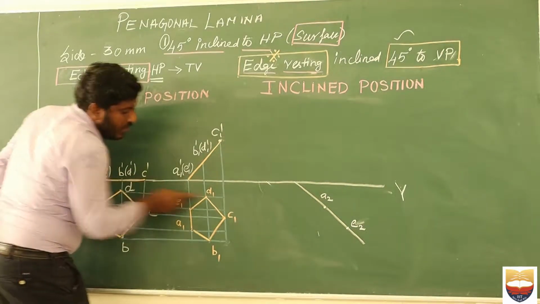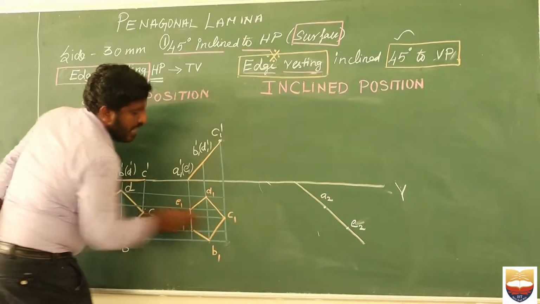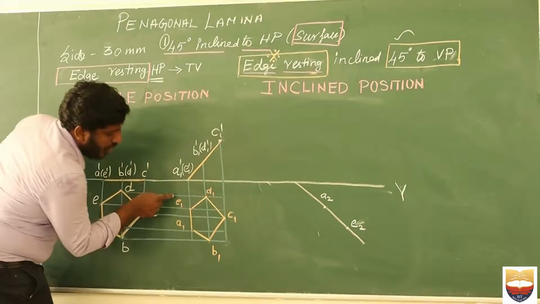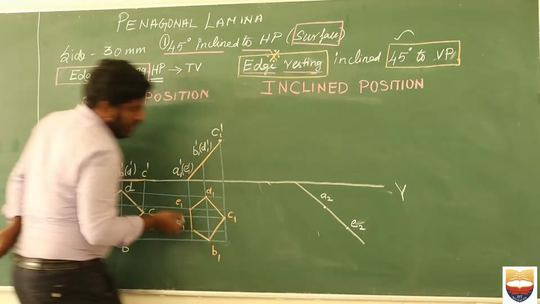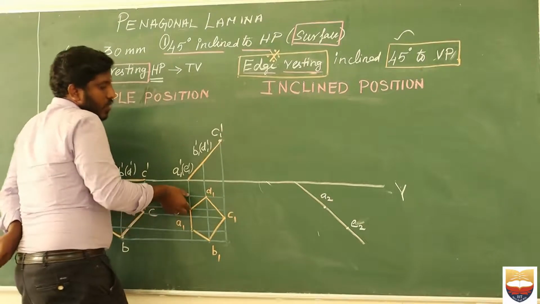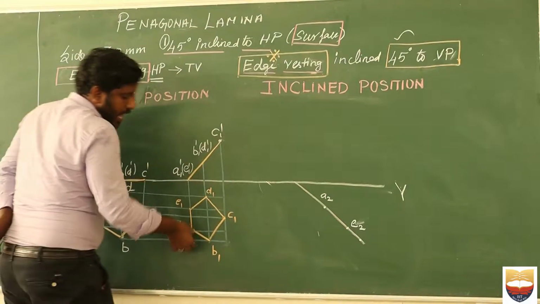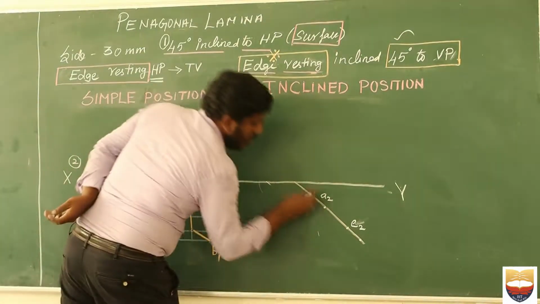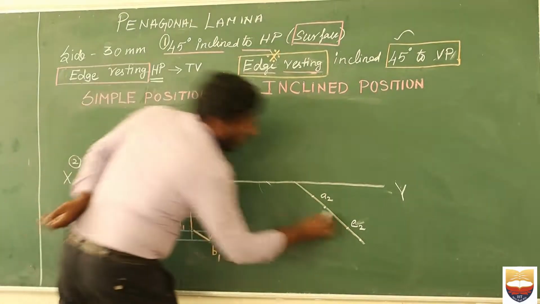From here I have a horizontal line. From here I have a horizontal line. At the center I have a horizontal line. So now you try to find the points on these three horizontal lines. Very importantly, from E I am measuring outside, and I have a point. From A I measure outside and I have a point. From A to E, that's a center point. So I have a point.